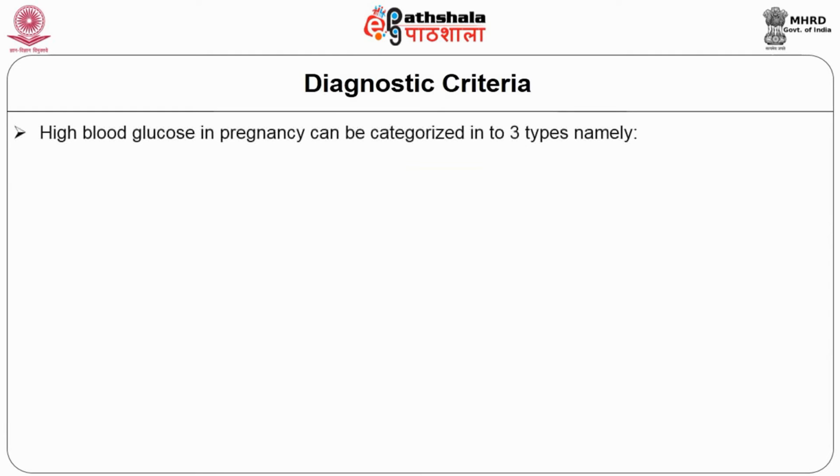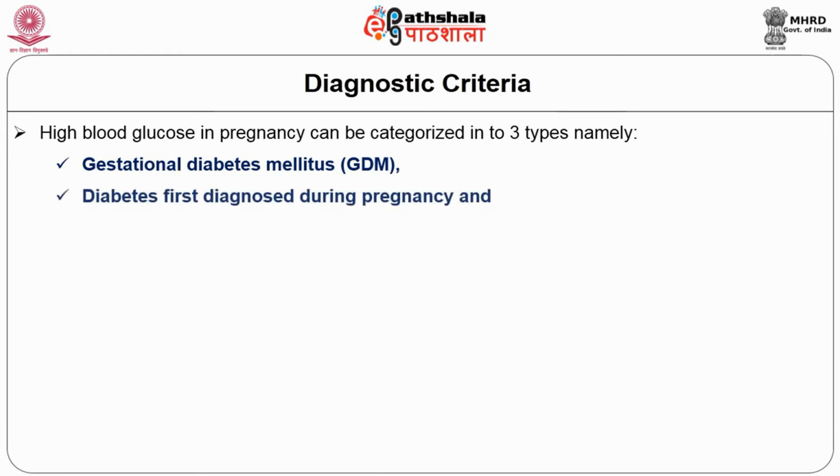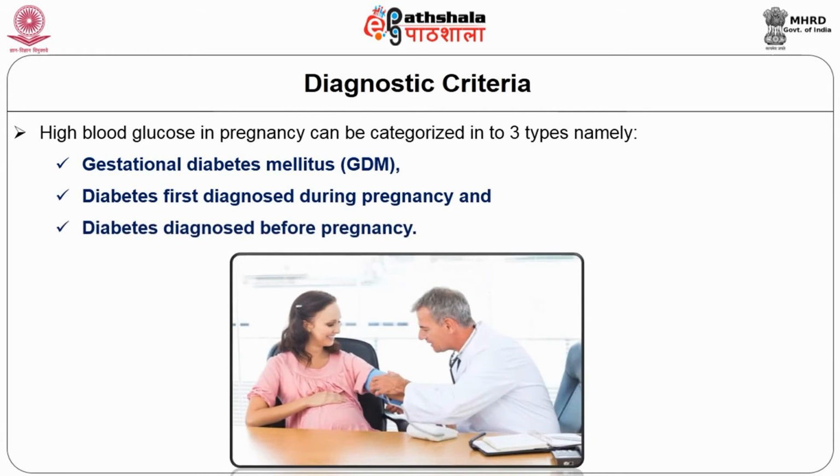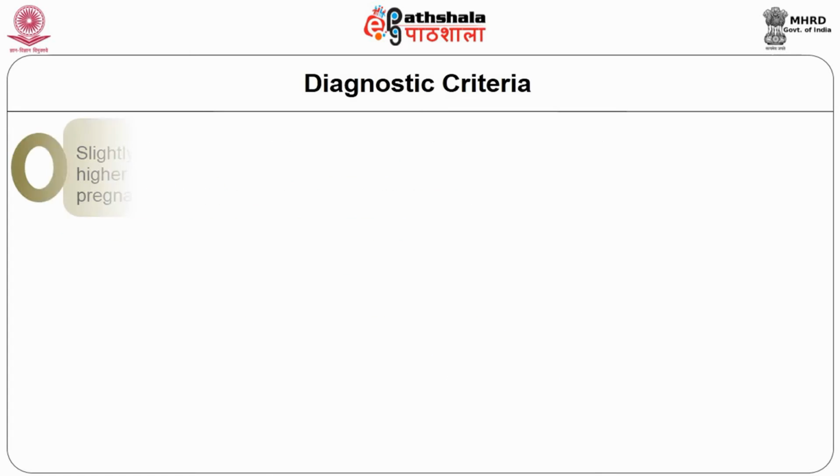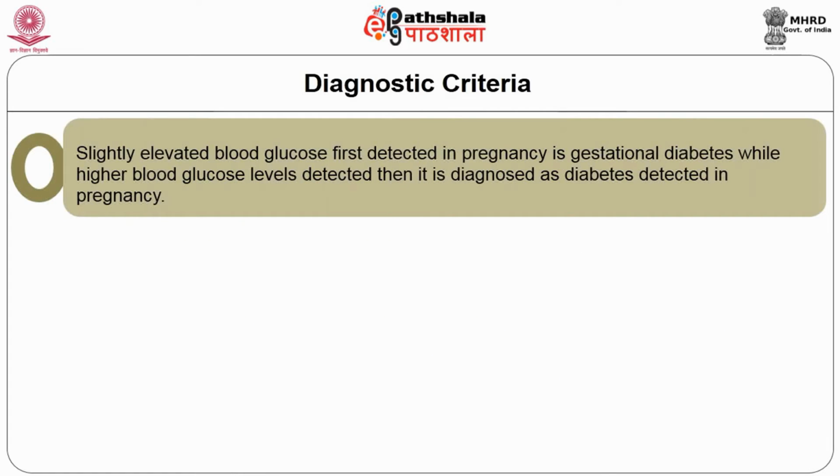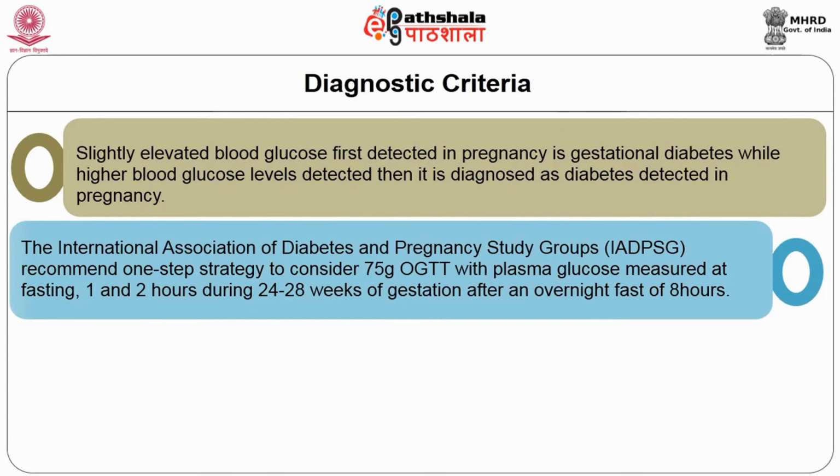So, high blood glucose in pregnancy can be categorized into 3 types: gestational diabetes, diabetes first diagnosed during pregnancy, and diabetes diagnosed before pregnancy. Slightly elevated blood glucose first detected in pregnancy is called gestational, whereas consistently higher blood glucose detected in pregnancy is called diabetes in pregnancy. The International Association for Diabetes in Pregnancy Study Group, IADPSG, recommends a one-step strategy to consider 75 grams,